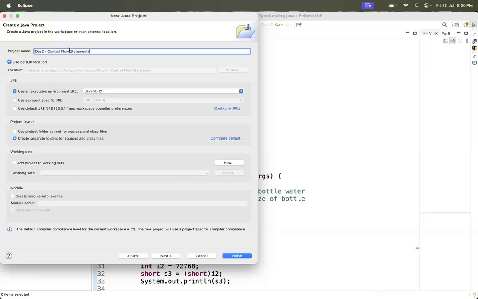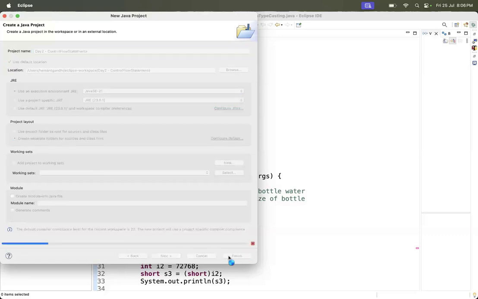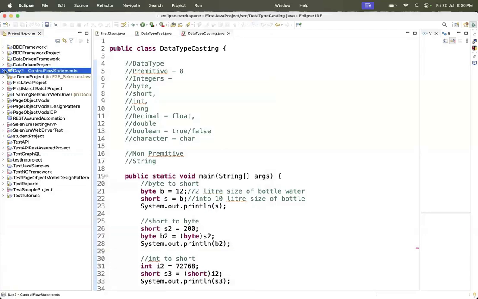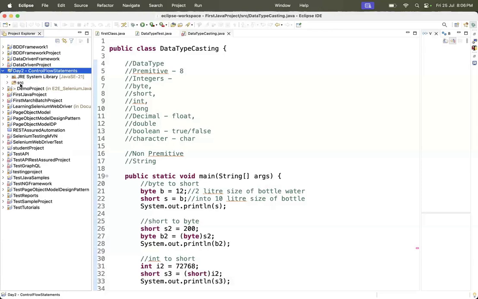So I'm naming it like this. You can ignore the spaces, and this is how you can write the name of the project. So this is how your Java project looks like. We have also created it yesterday. It just contains a JRE file and your SRC folder in which you will be creating a few of